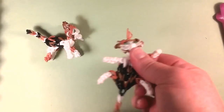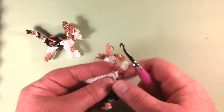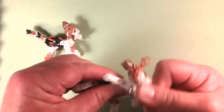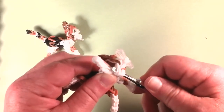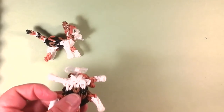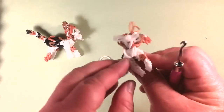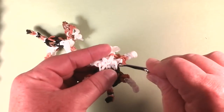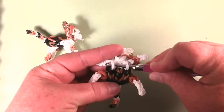hind legs, tail. We're going to bring his neck up, so find that triple band, place your hook through, and do your tugs. And that's going to bring it up. Now I'm going to take a white band and I'm going to sew the body shut so it closes like this. So I'm going to take the white first stitch on the top,